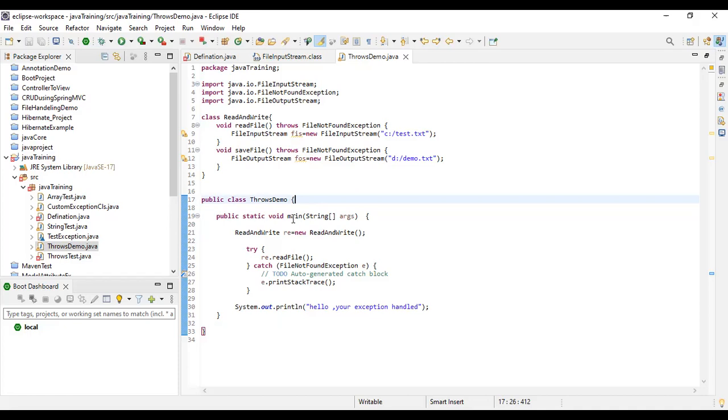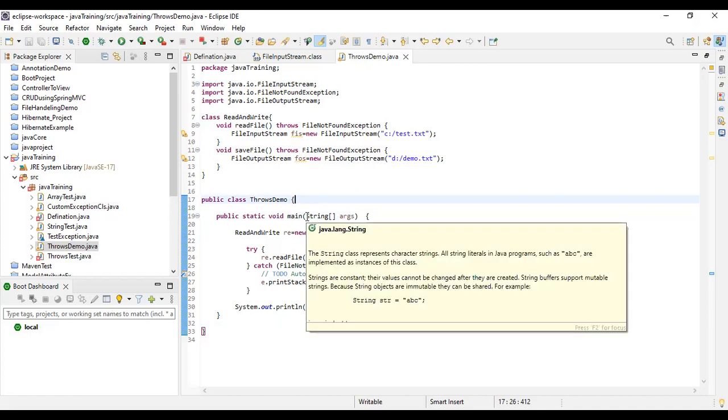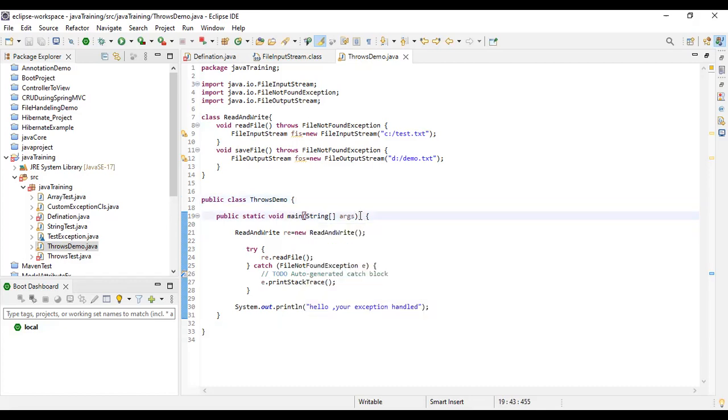Suppose the main method is responsible for creating those objects. But suppose you create a user-defined, custom exception class. Then this method is not responsible for creating that object, so we need to create the object ourselves. How does the user create it? By using the throw keyword, we can create an object of a